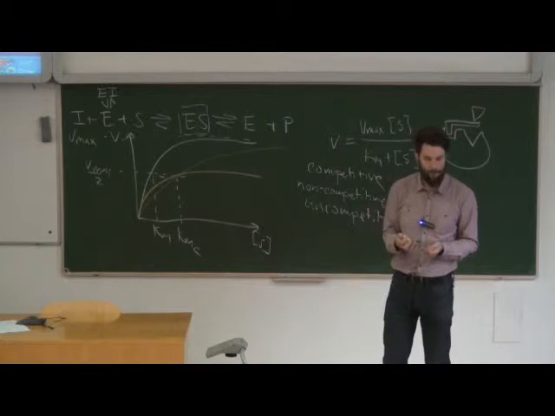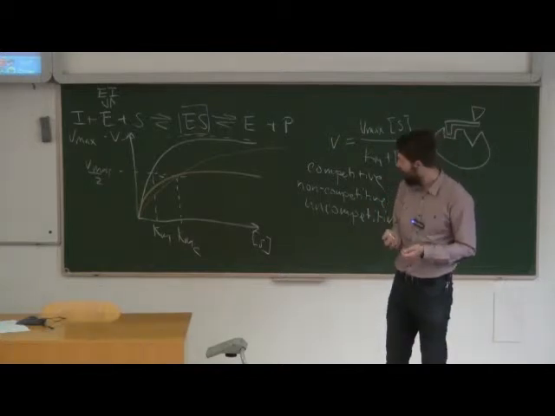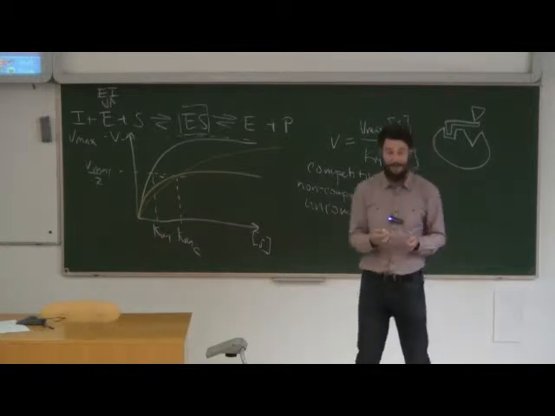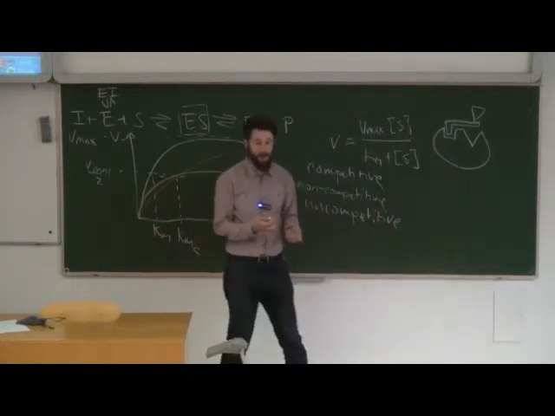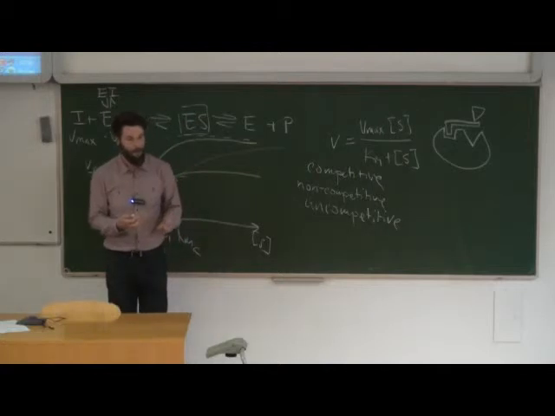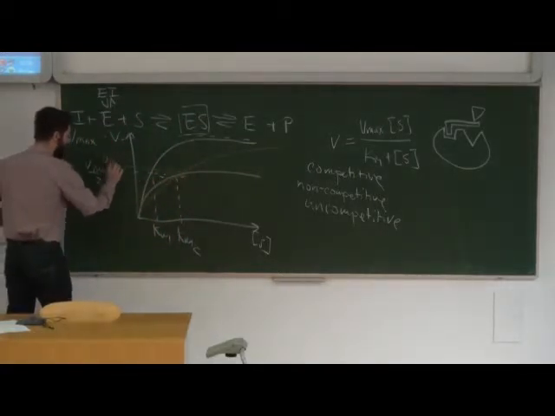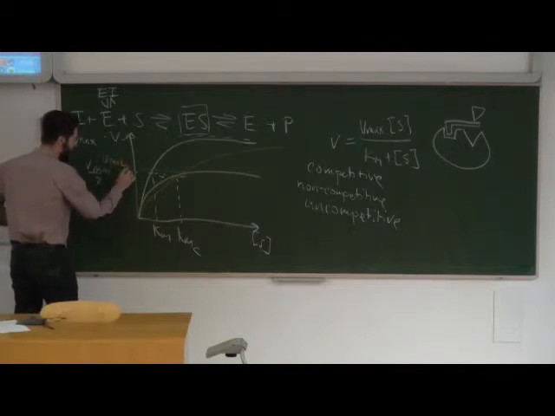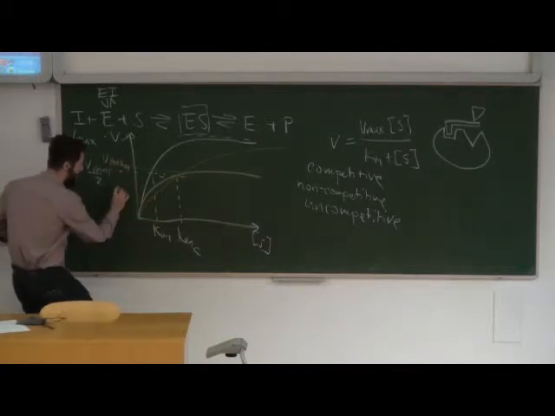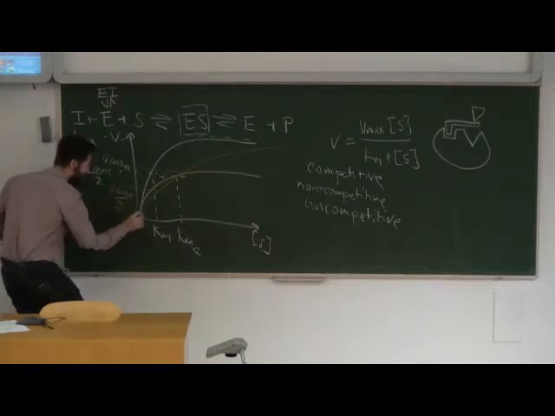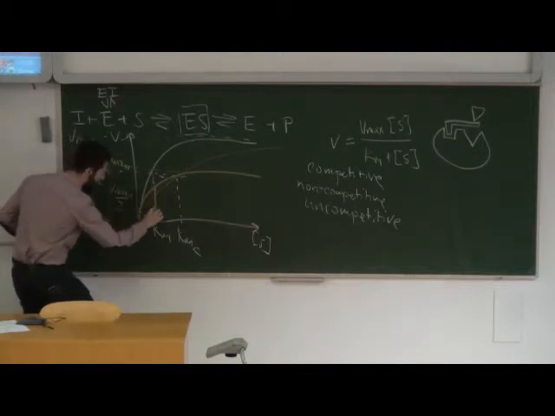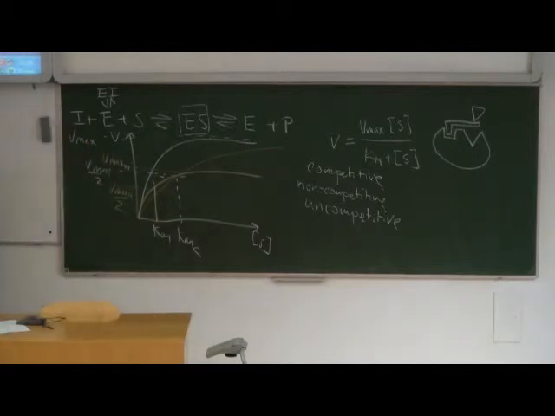Yeah? Why is it the same as the Km of the competitive, not the Km of the regular one? It has the same Km as the native enzyme, the uninhibited enzyme. Okay, let's see if that worked. So this is going to be our Vmax non-competitive. And if we take our Vmax non-competitive divided by 2, we almost get to the same Km.